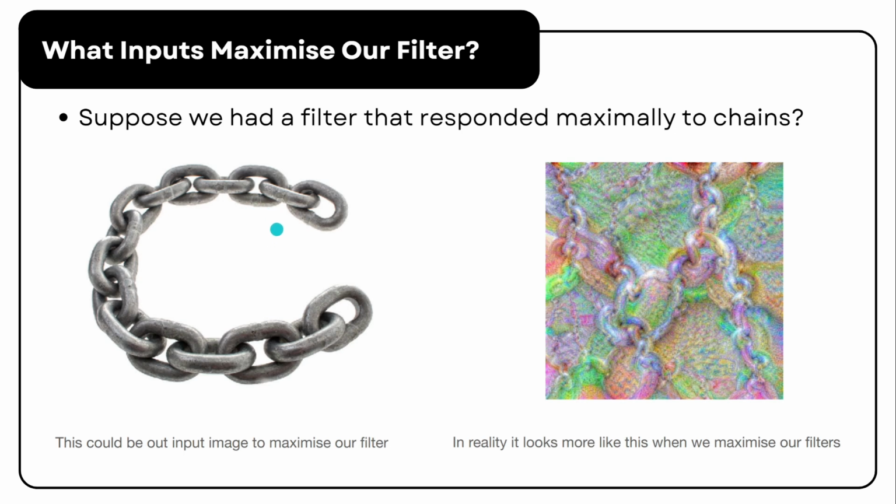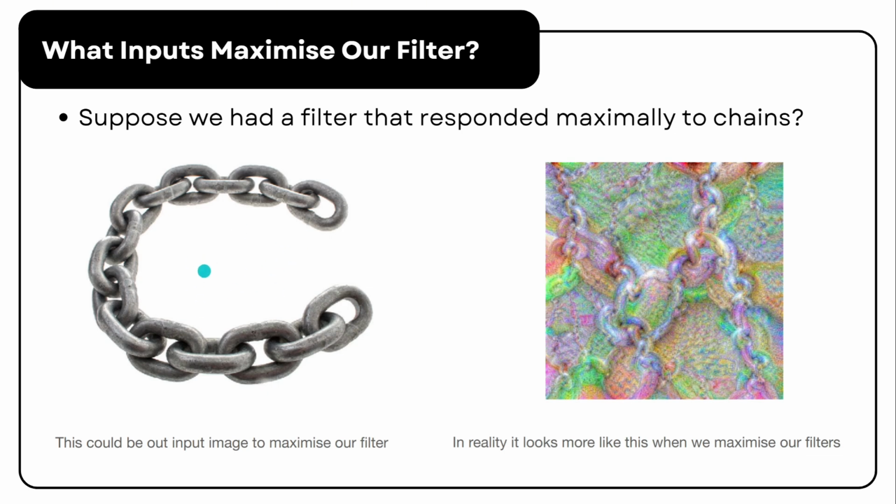Suppose we had a filter that responded most strongly, meaning it produced the maximum activation, when it saw a chain. You might expect that the input image which maximizes this filter would look like a clean, clear photo of a chain, something like this